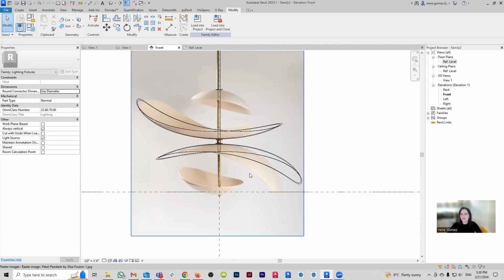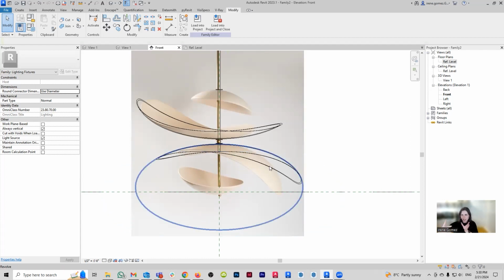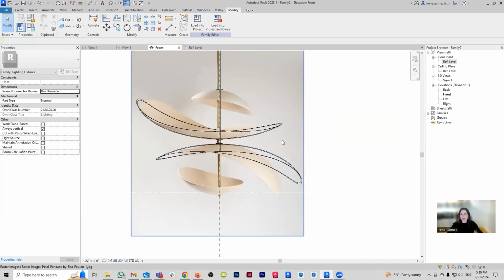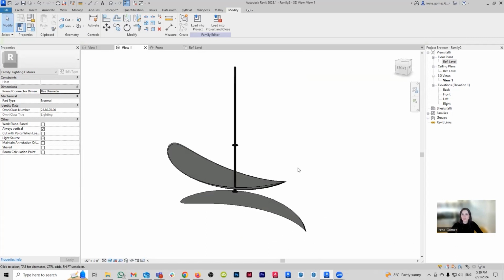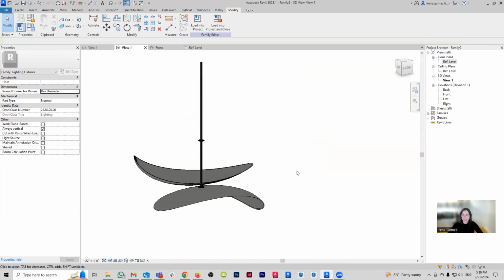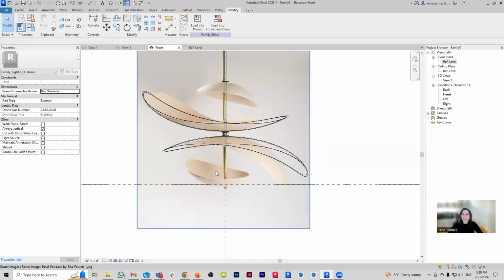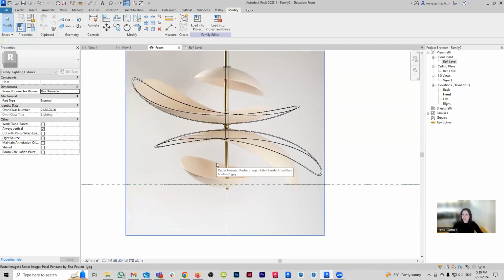Again, my assumption here, just based on the image that I'm looking at, is that the angle of the photograph is not perfectly aligned. And if I would orbit this guy, I would probably get more of that effect. Okay, so this is basically it. We have the first petals, and the second one is basically exactly the same thing.